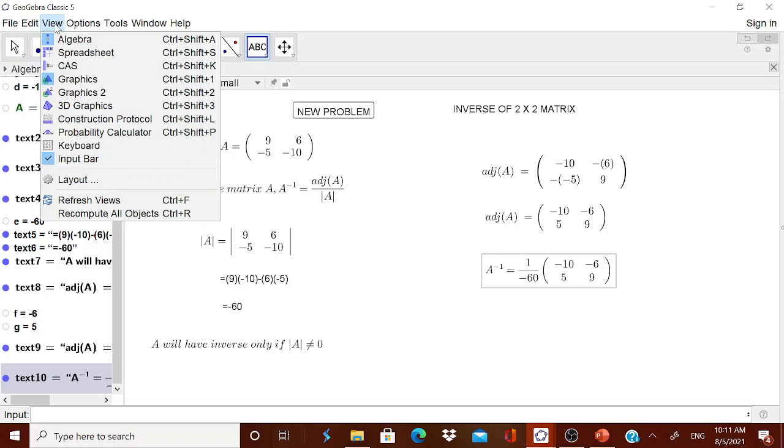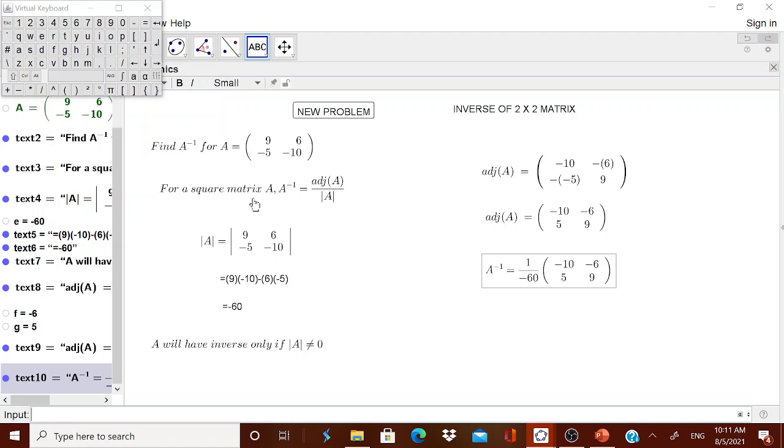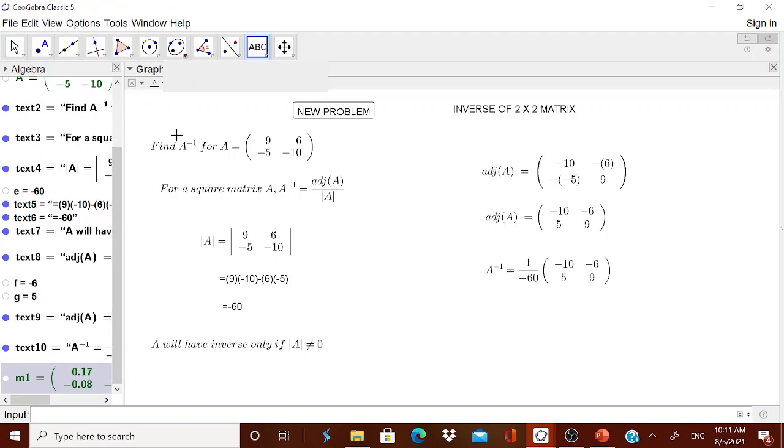Therefore, go to this view, go to this keyboard. Now, keyboard is open. In the input box, you type capital A, then put this cap, then minus 1. Press enter. Automatically, you will get a new matrix, which you are getting over here. That matrix will be the inverse of the matrix.